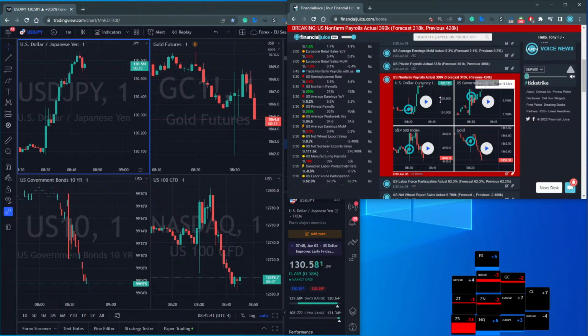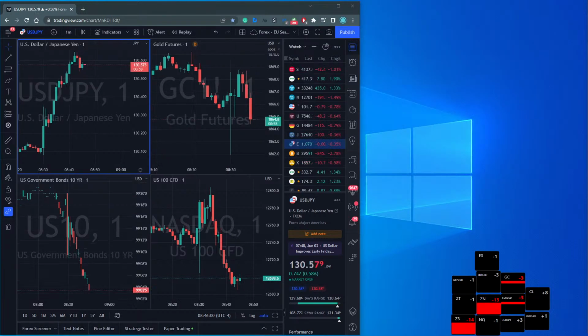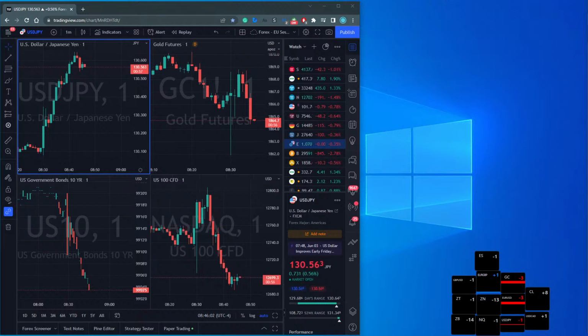Of course, you have your technical areas where the market might be reaching a certain level of resistance or support, and maybe traders are looking to buy the dip or sell at the high point. But more or less, it is news that drives the markets in a certain direction. So if I just bring up an example for you as to why it's important to listen out for news, I'll just bring this up here.